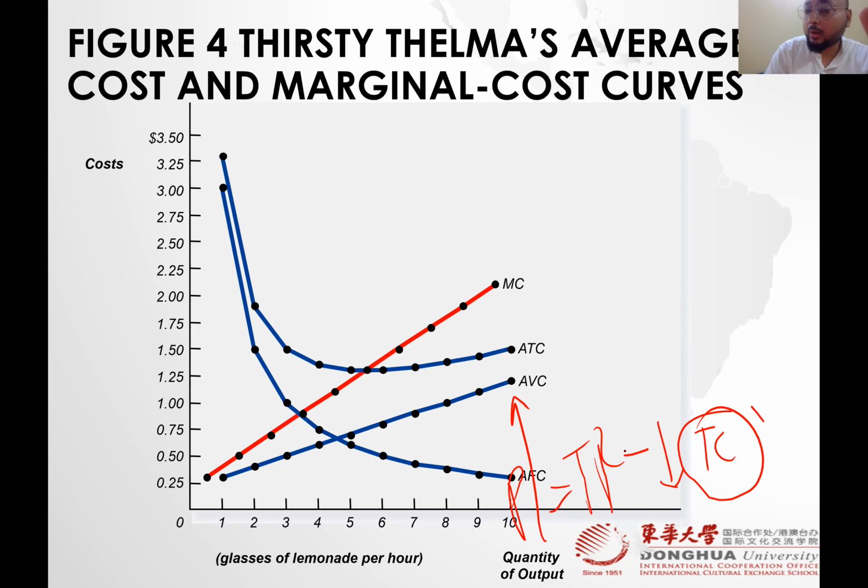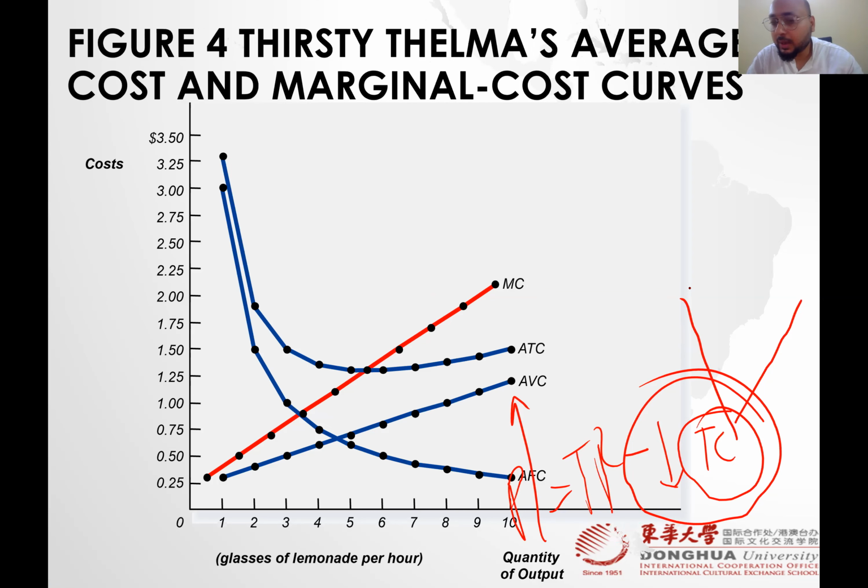So we are now in a position to talk about what kinds of behaviors the costs have. We first divided our total cost into two categories, fixed cost and variable cost, and then we developed marginal cost to understand the behavior, and then we predict the next step in different markets. We will be predicting how much quantity we need to make in order to achieve this objective, minimum total cost,